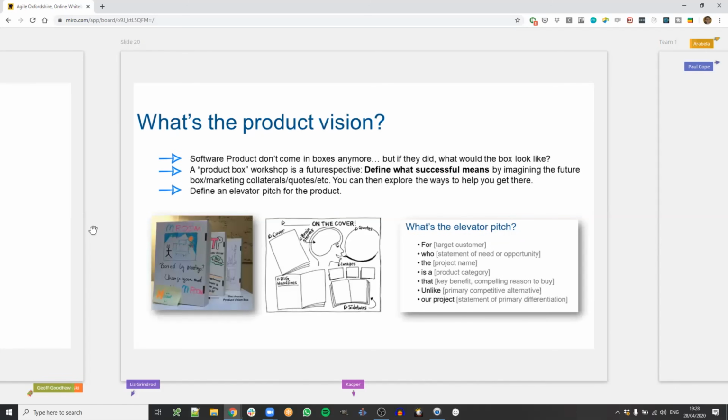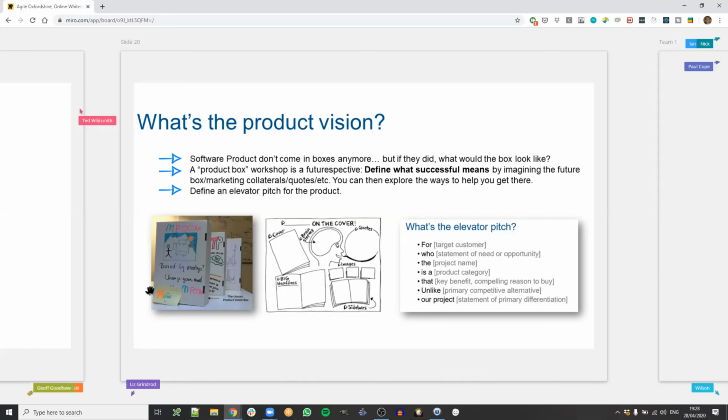And that really opens up to the product vision. We had a meetup about that recently, earlier this year, in January, where we talked about that in depth with some exercises we actually did live. So the idea is that you want to set up a vision for what it is you want to develop, and it's a product vision. It's not the project vision. It's the vision for what the product is going to be. So some good exercises like the product box, where things don't come in boxes anymore. They used to, with a CD and everything. But if it did, what would the box look like?